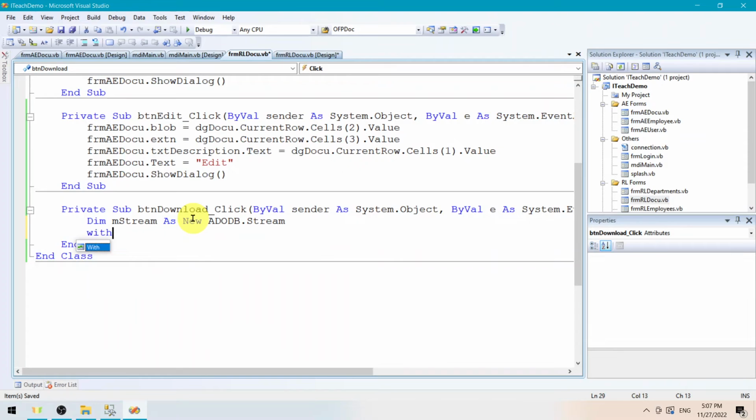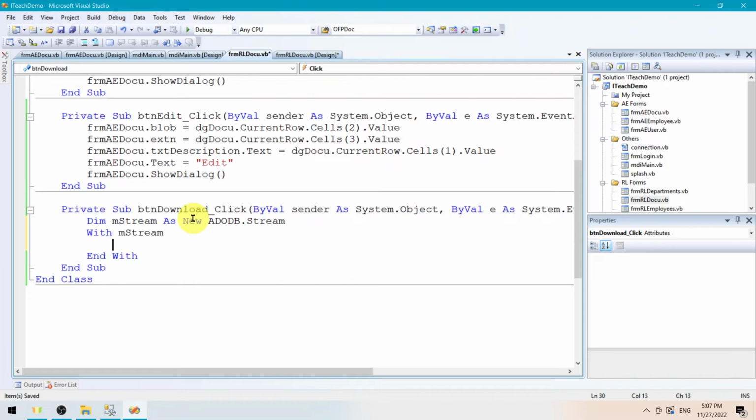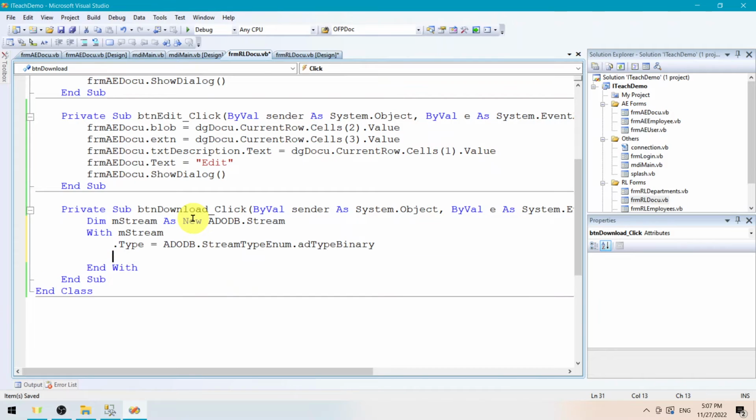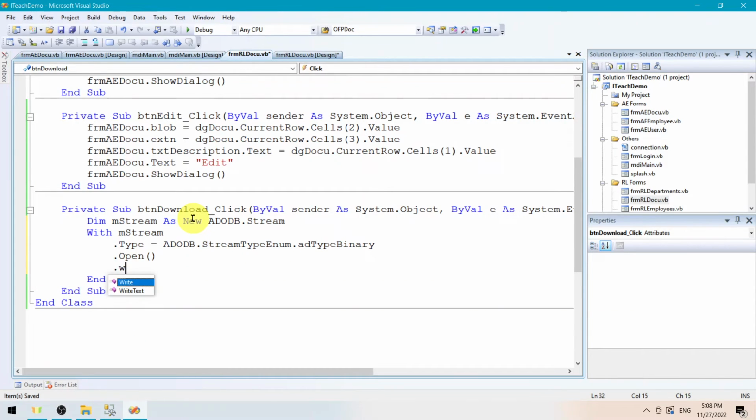Okay, and then with the mstream, so that type equals ADODB dot binary. Okay, that open, and then that write,